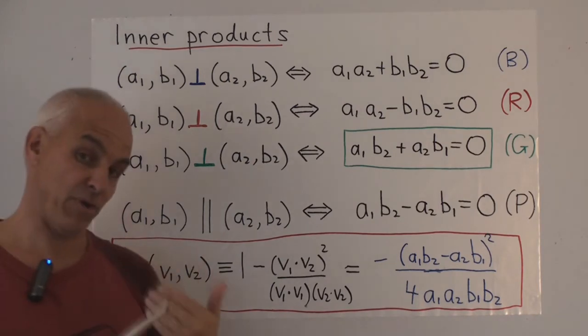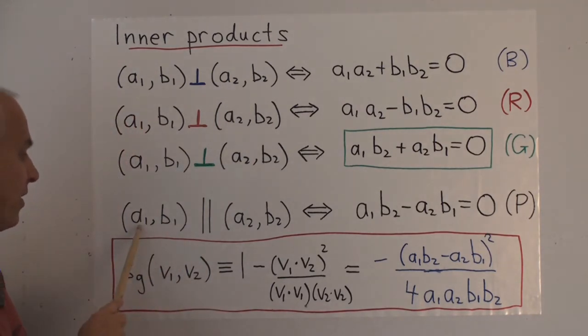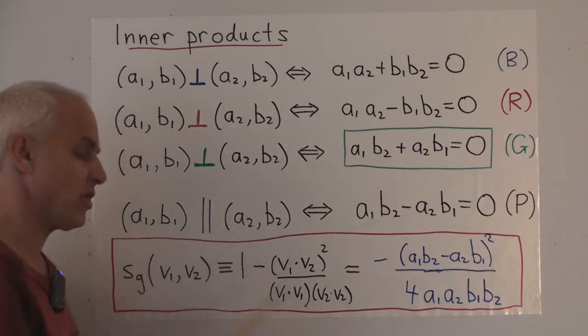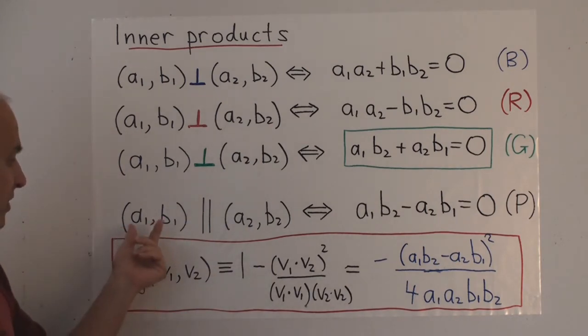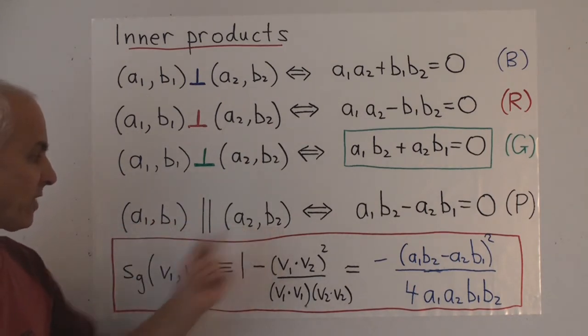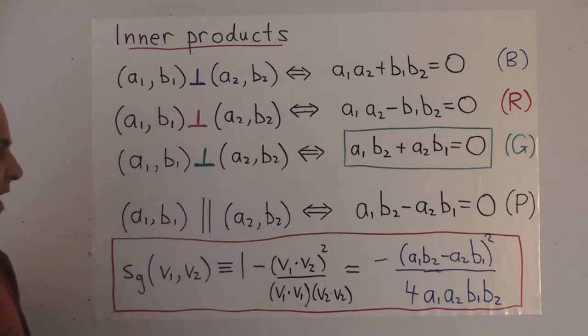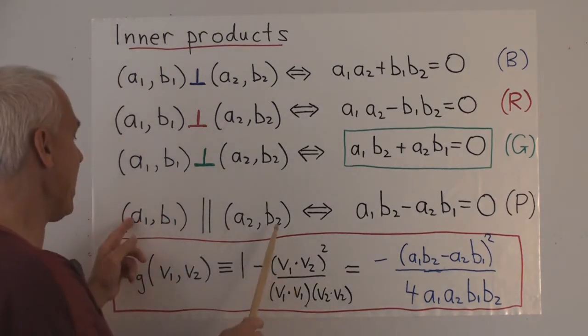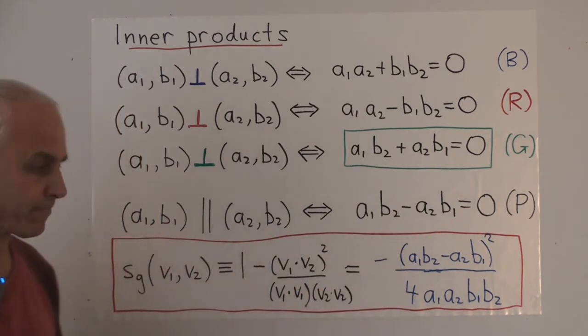There's a fourth expression that's important to mention too, which expresses when the two vectors are parallel. Two vectors are parallel when they're multiples of each other. In other words, when this ratio is equal to this ratio, or this proportion is equal to this proportion. And that's the expression a1 b2 minus a2 b1 equals 0.